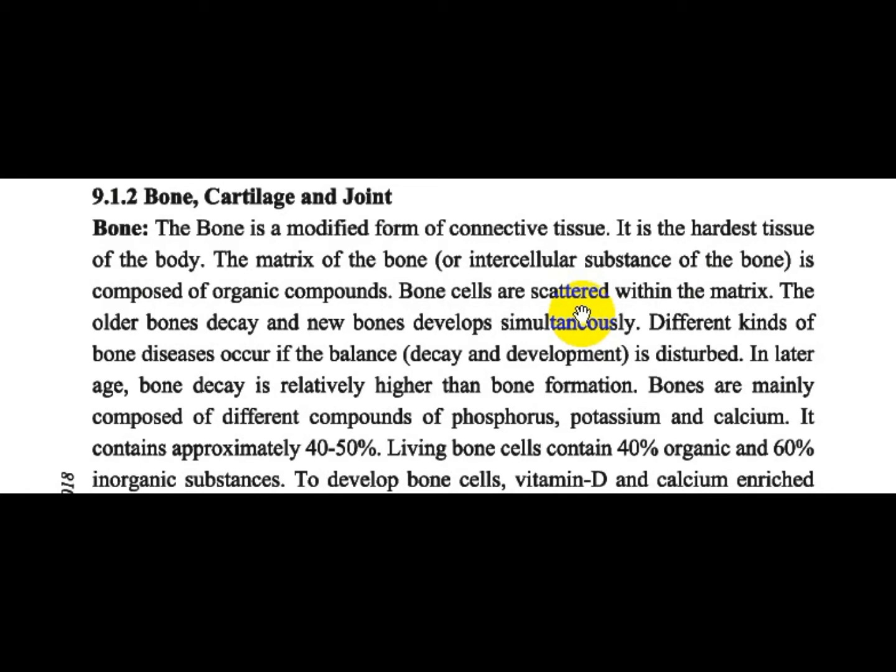Bones have two membranes, the periosteum and the endosteum. The periosteum lines the outer surface and the endosteum lines the medullary cavity of the bone. Both membranes are made of connective tissue. The periosteum has two layers. The fibrous layer contains fibroblasts and the cambium layer produces osteoblasts from the progenitor cells.